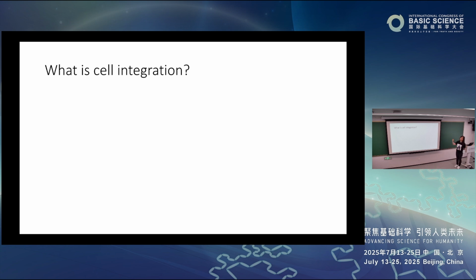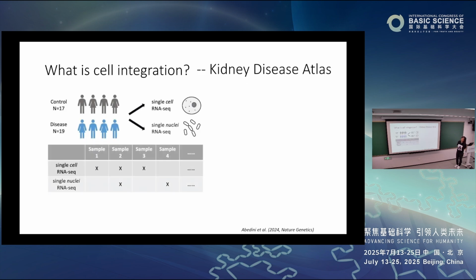I just want to show you another example of cell integration to show you how varied the integration problems could be. So this is a case where we're looking at kidney, where we want to study chronic kidney disease. This is with a collaborator also at UPenn who is a kidney expert. And what she did was she collected kidney samples from healthy individuals. So these are mostly donor tissue. Okay, healthy individuals as well as individuals with chronic kidney disease.